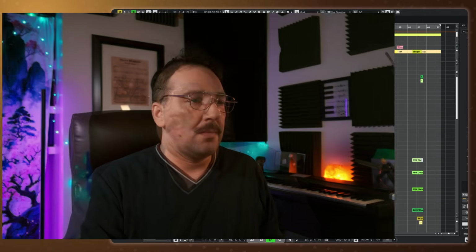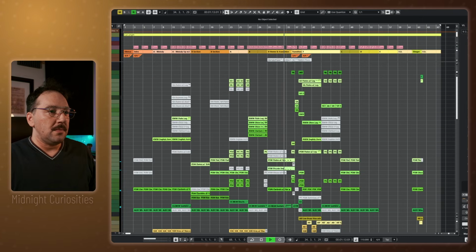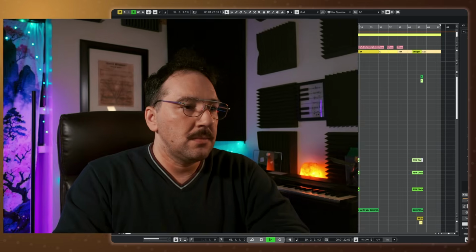So if we're in C minor, he might go to F sharp major. Or if we're in C major, he might go to F sharp minor and play back and forth between those. So here are a few examples showing tritone modulations and transitions, creating drama and flair and movement using tritones. Here's Midnight Curiosities. Here's Glimmervale Apparitions.